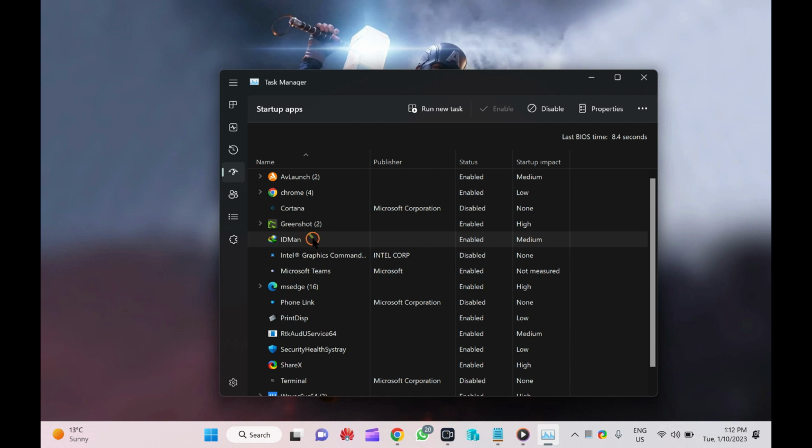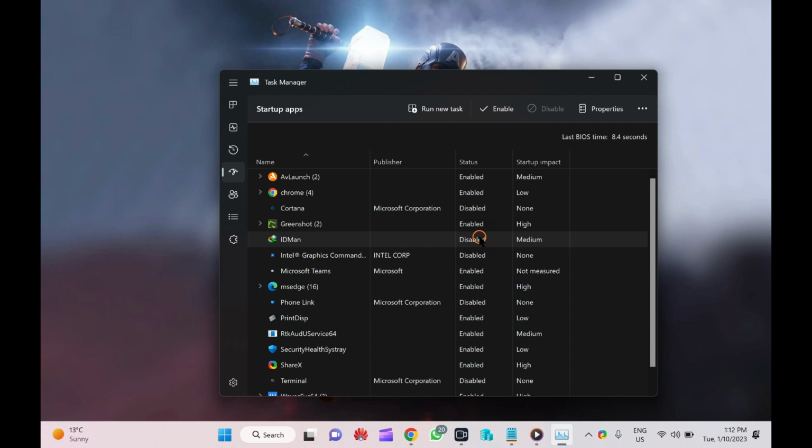To disable, select the app name, right click on it and select the Disable option. You will see the status as Disabled. That means it will not run in the background, and it will only use our PC's resources when I open it.